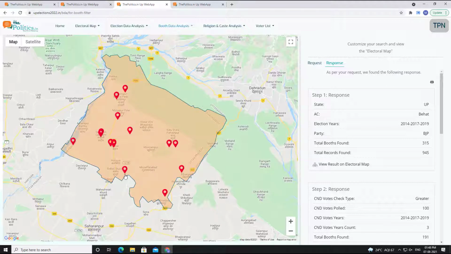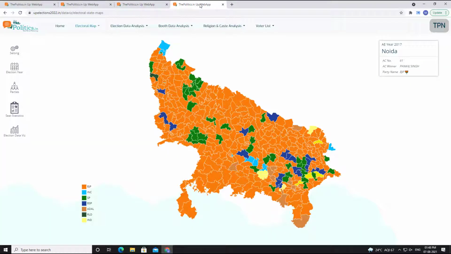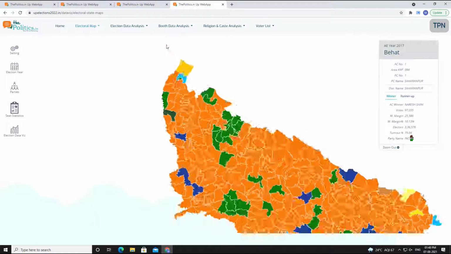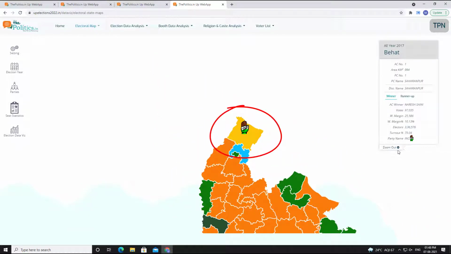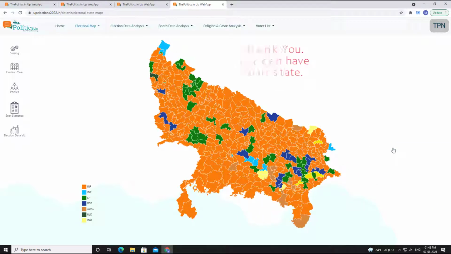Summing all the booths in the assembly, we can have a reasonable count on the number of votes we are going to have in the assembly. Thus, this makes us to know our assembly and further the state in real time, and measures can be taken in real time to win an assembly or a state.